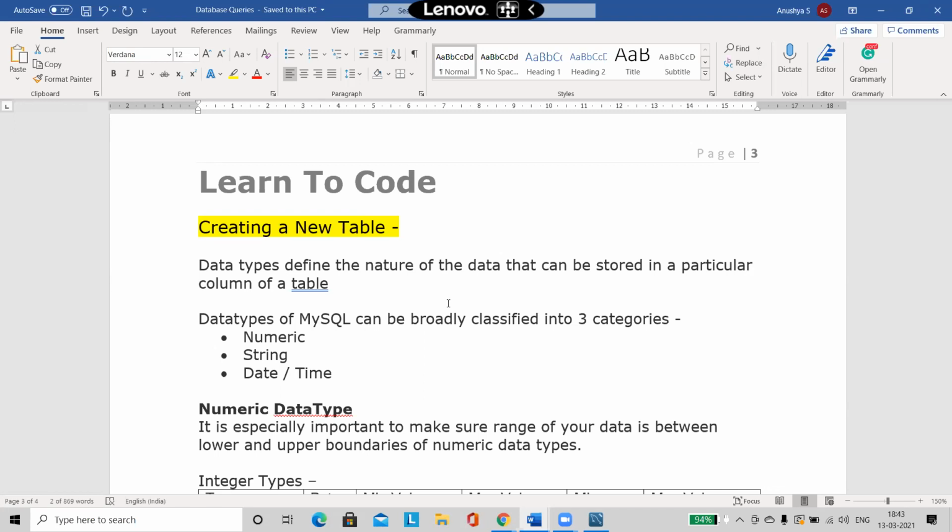So understand the importance of data type very carefully. The first thing is it will tell what type of data. Why is that necessary? Because based on the type of data, that much memory will be allocated for that column. So when I keep on adding data, it will know how much memory to allocate based on the data type. In MySQL, primarily, we have three types of data: numeric, string, and date time. These are the primary data types we have.